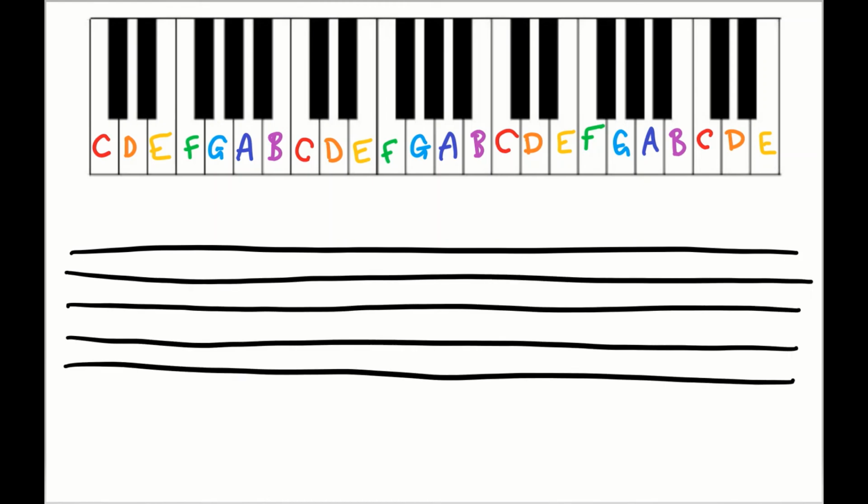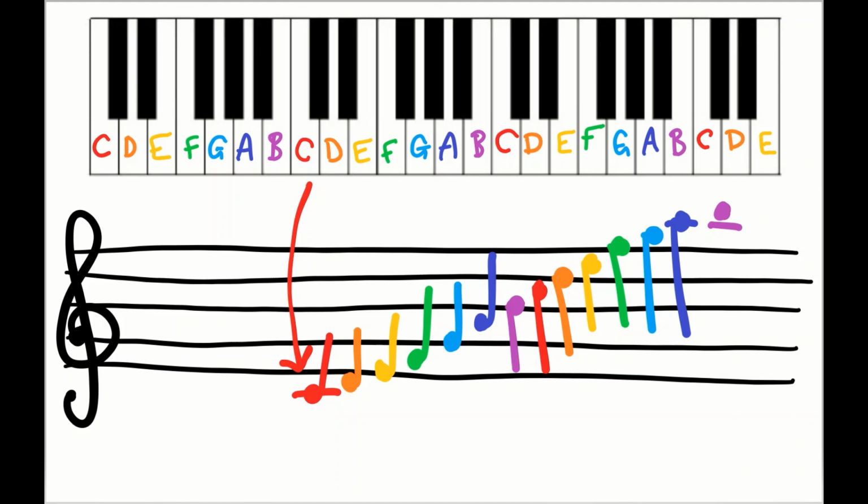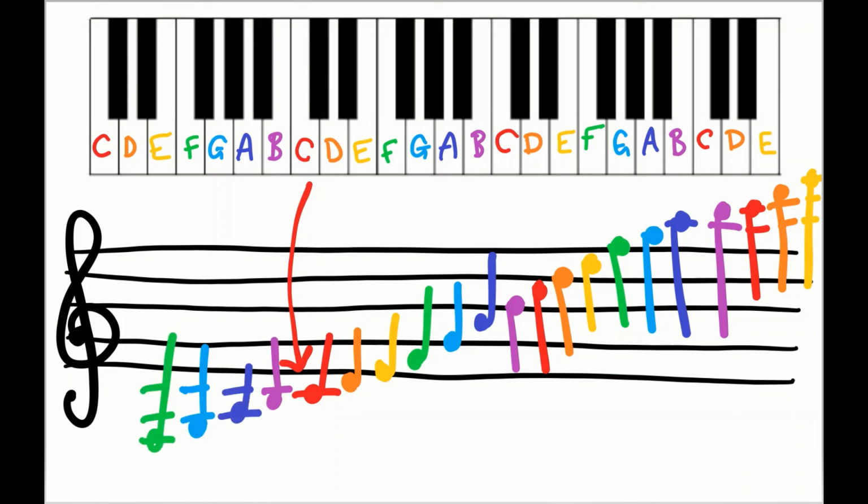I'm adding in all of my notes now. And now I'm going to draw them up on a stave, so again you can see. So we've got our middle C, which is second C just so happens on here. And there it is. There's my middle C. And then I'm going to go up, as I have done before, with D, E, F, G, all the way up. So remember that each of these notes that we see will also be written on a stave. You need to make sure that you're playing the right one, because as you can see by this, there are lots of C's, D's, E's, F's, but they're on a different